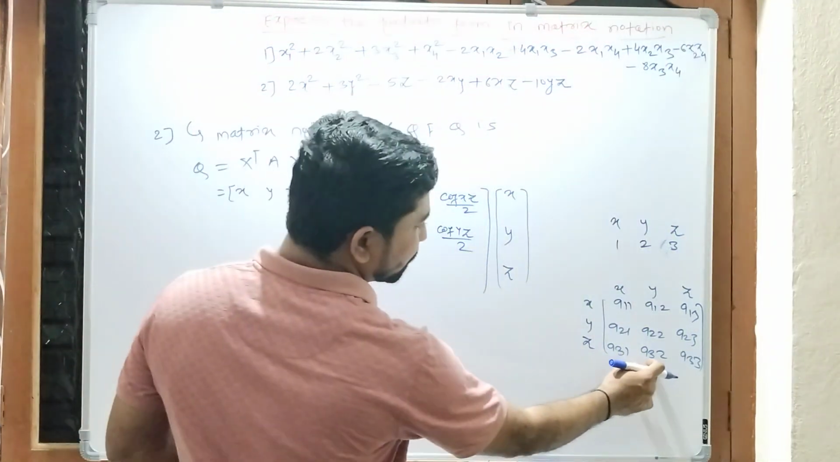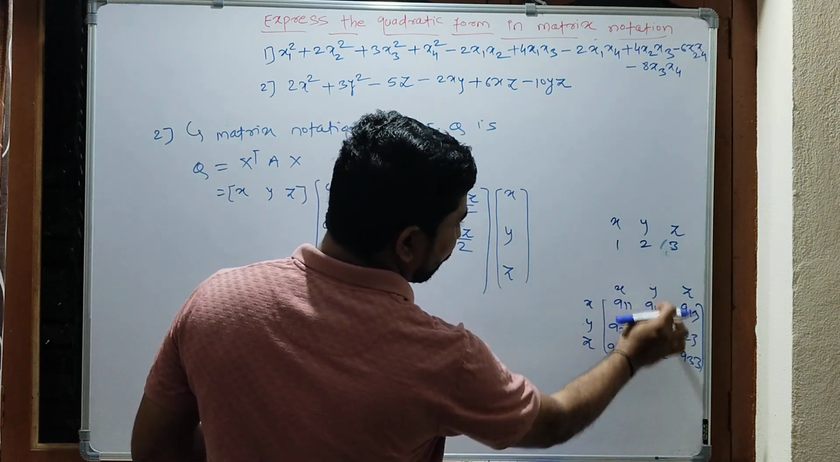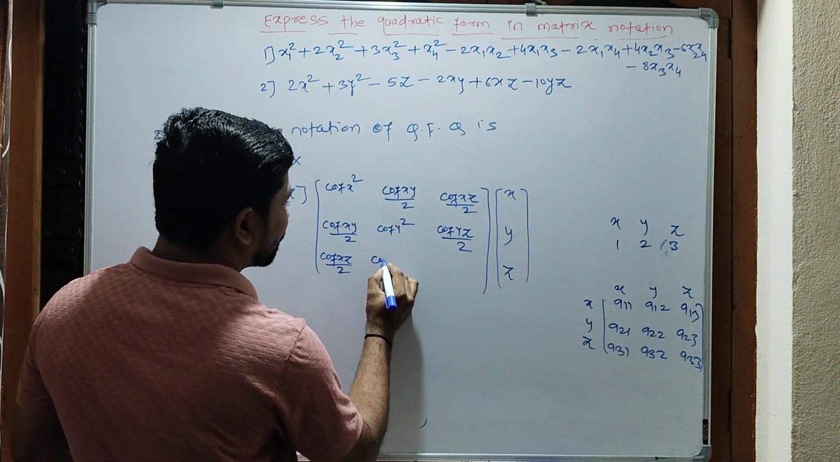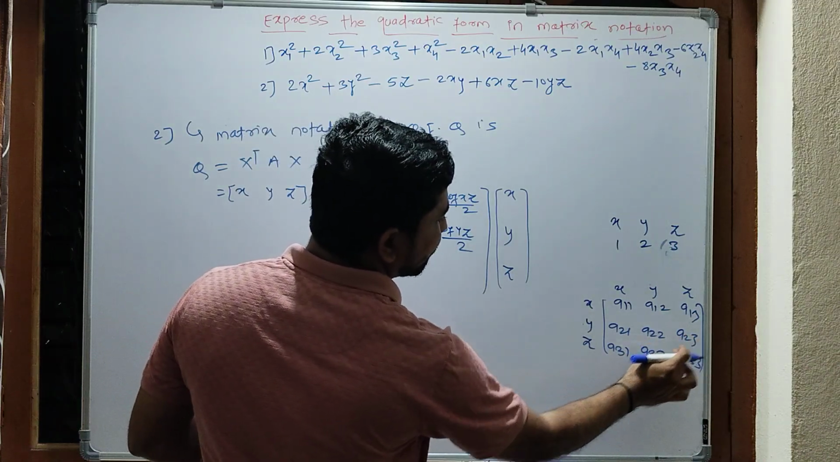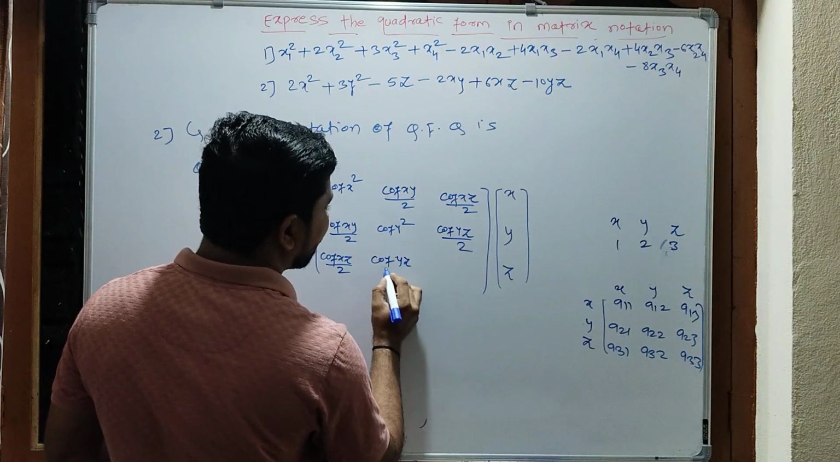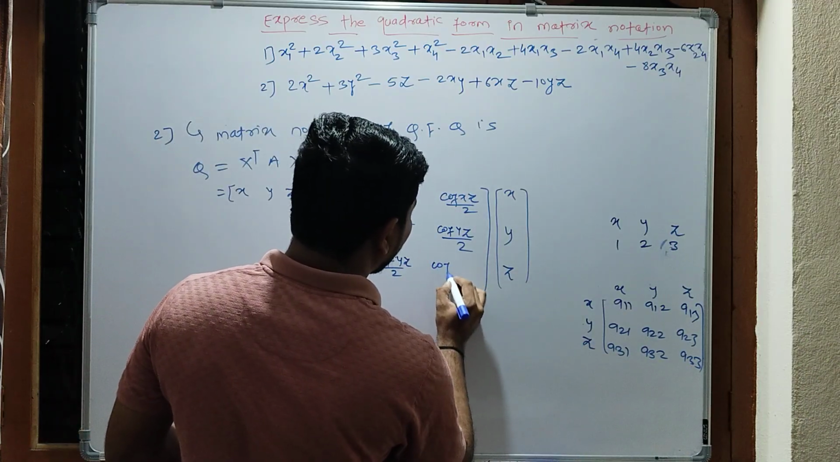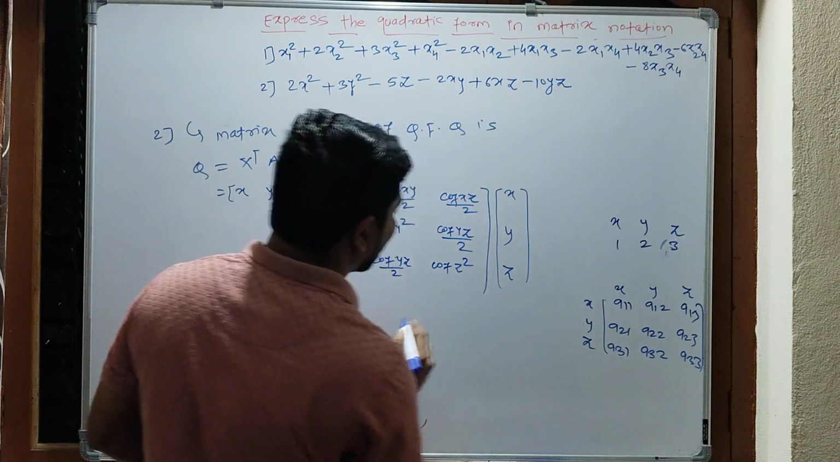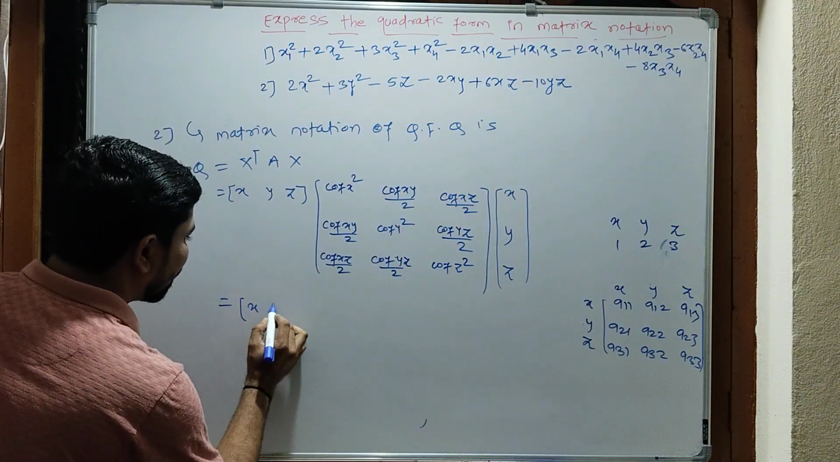This is the coefficient of zy. Here this is z and y. Here from here z, from here y. So here the coefficient of zy, but here a23 is the same as a32. That's why I am writing the coefficient of yz by 2. So here the coefficient of zz, that is z square. So here this is equal to x, y